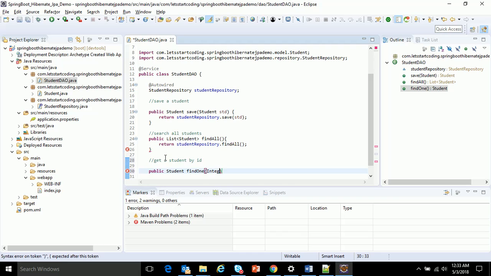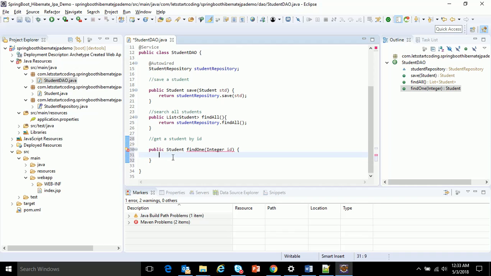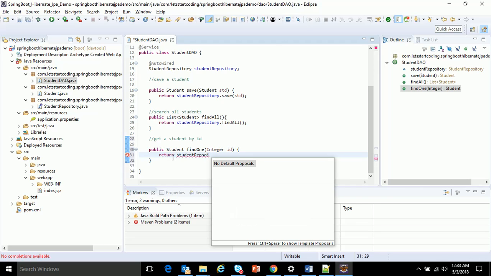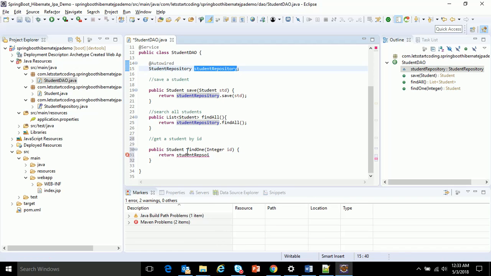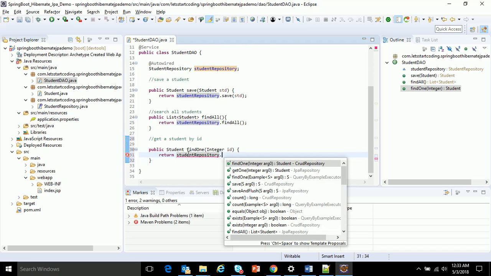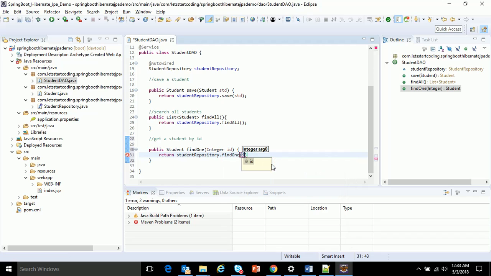I'll use integer ID, and here I'll return student repository dot find one. I'll pass ID,